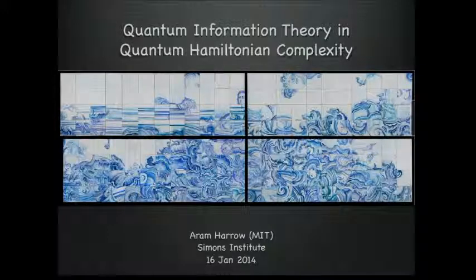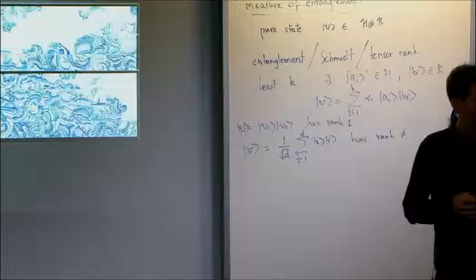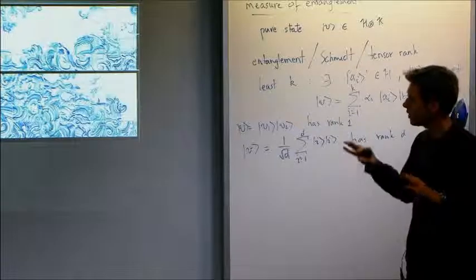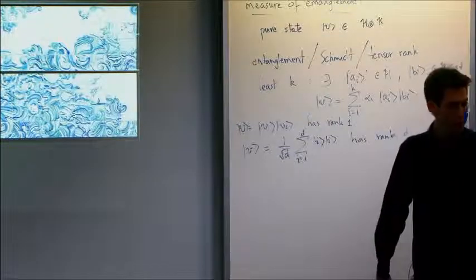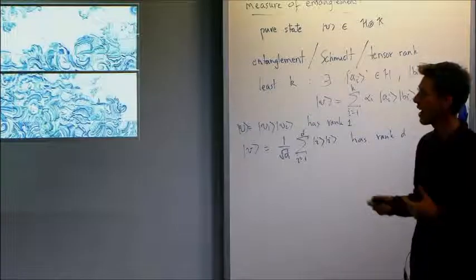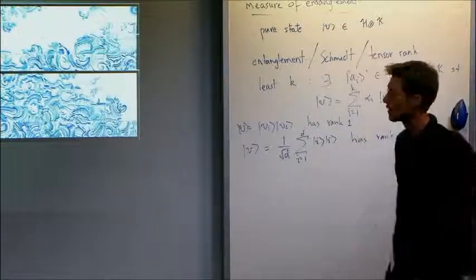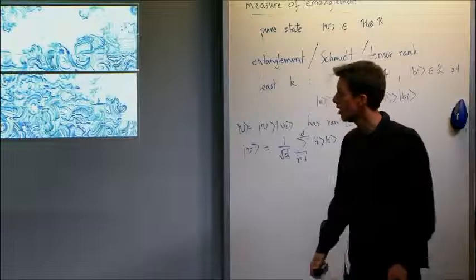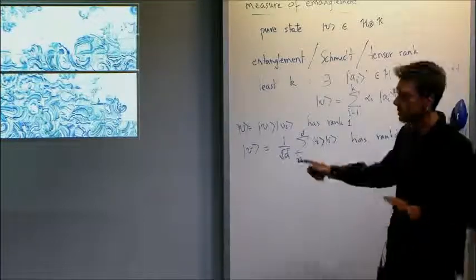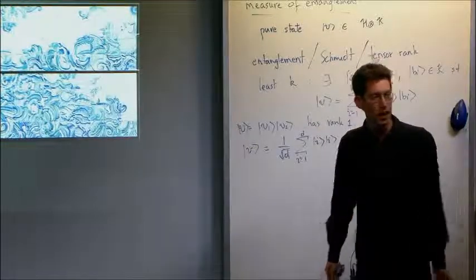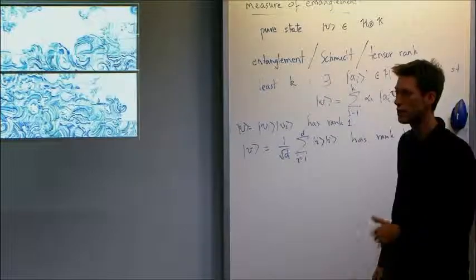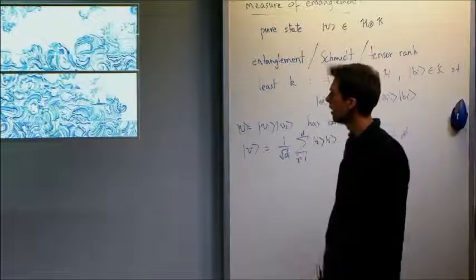I'm going to tell you, my title is very general, and I will not go into tons of detail, although I'll focus a little bit more on a result I was involved in. But I want to give you kind of a big picture of why quantum information theory is a topic that's relevant to quantum Hamiltonian complexity. And because it involves many concepts, please stop me as I go along and ask me to explain things that you'd like to see more clearly.